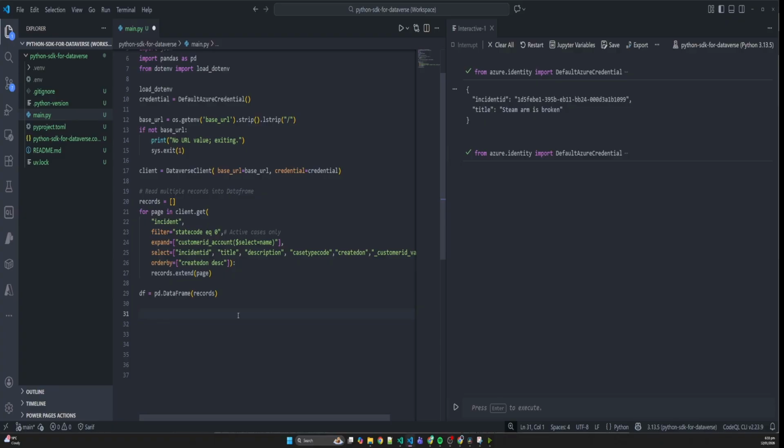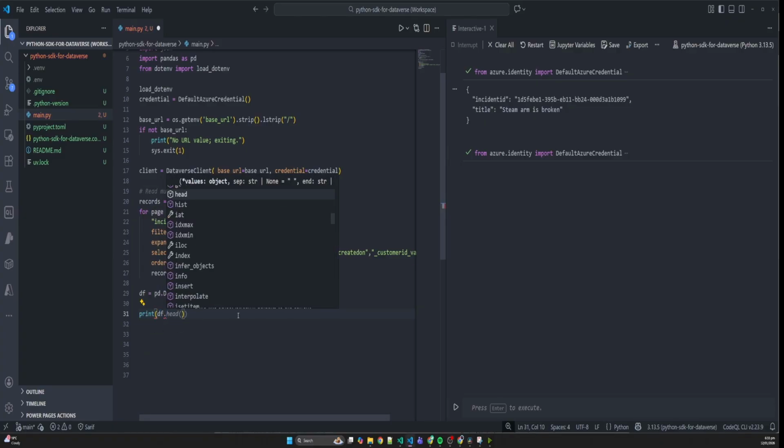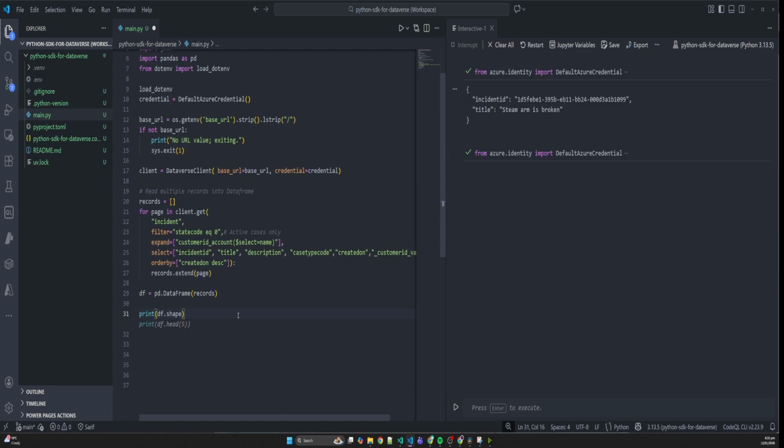So the first thing we want to do is print df.shape. And this is going to give us the dimensions of our result set. So we'll shift enter this and we can see we've got 21 rows and 8 columns. Let's try print